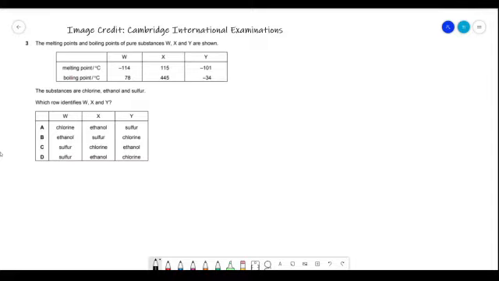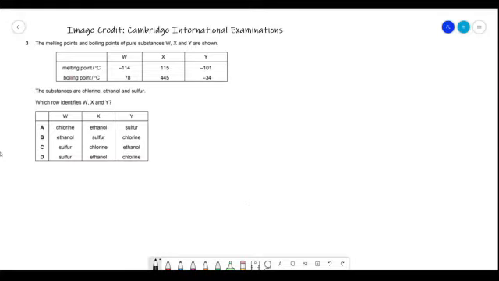We're then told that in no particular order, the three substances are chlorine, ethanol and sulphur, and asked which row identifies W, X and Y. In effect, we're being asked which is which, and we're being expected to determine that only from melting and boiling points. There's a few ways to do this, but a really useful tip for GCSE chemistry is to remember that